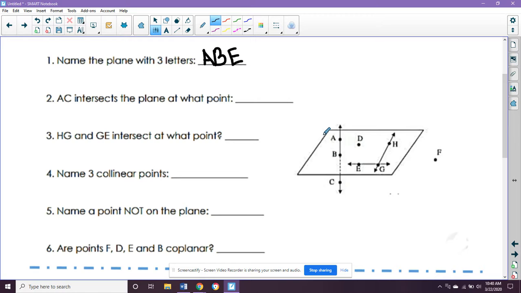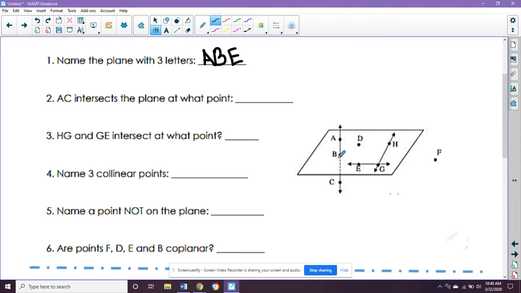You could have picked A, D, G, or any 3 combination. Number 2, AC intersects the plane at what point? So AC we have right here, this line. So line AC is going through the plane. So this is on the plane here and goes through, this dotted line here shows it's going through the plane